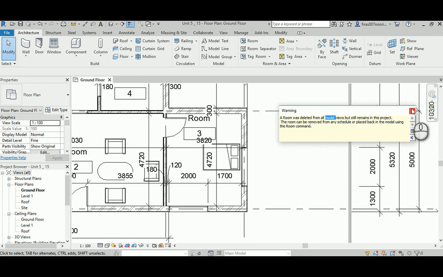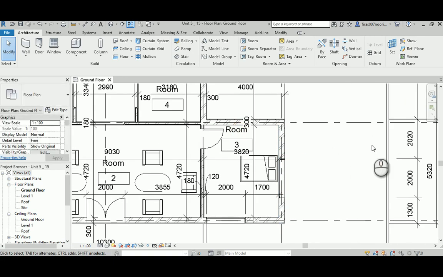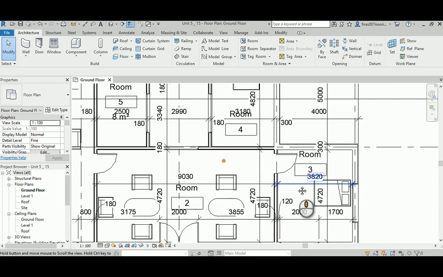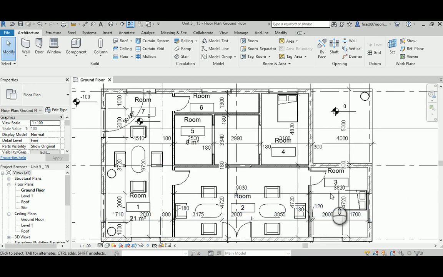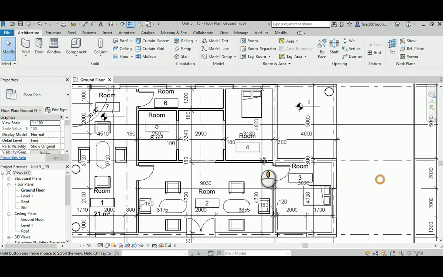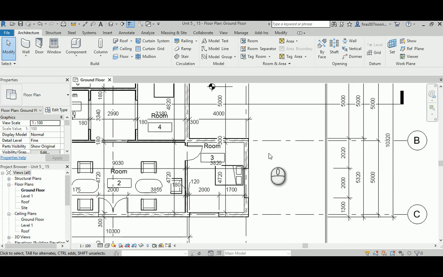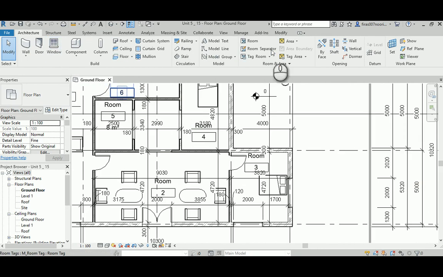Why this warning message? Because it's going to keep that room in the schedule, and it stays in the memory of that file, specifically saved as room 1, 2, 3, 4, 5, 1, 2, 3, 4, 5, 6, 7. So room 8 has been deleted from the model and its tag is gone, but it still existed in the file. So whenever you now try to go and install a new room,